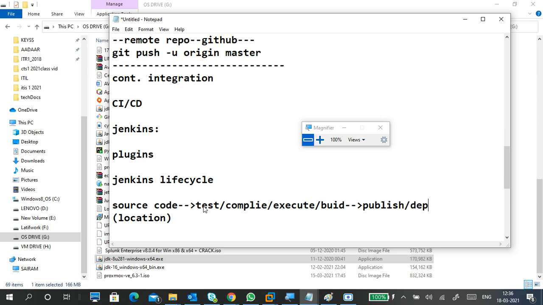or you want to deploy into a separate one, like you want to deploy into Docker, or you want to deploy into a Butler machine, or you want to deploy with certain tools like Chef or Puppet, Ansible. Okay, so this is the one. Okay, so this is the life cycle.